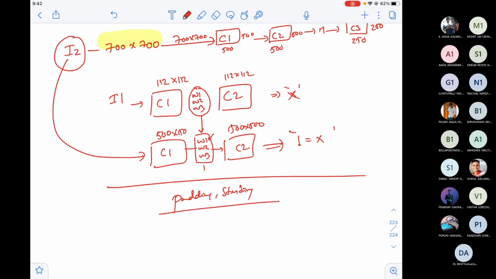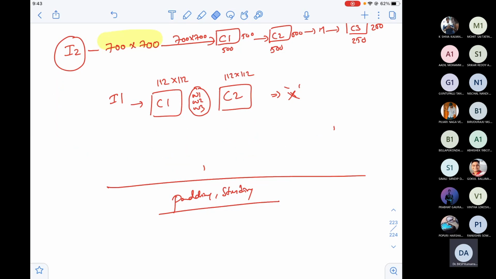Now, to ensure that even though you pass any image size, I don't mind, but I'll ensure that, for example, your image size is 700 cross 700, but I expect my C1 output to be of size 112 cross 112.